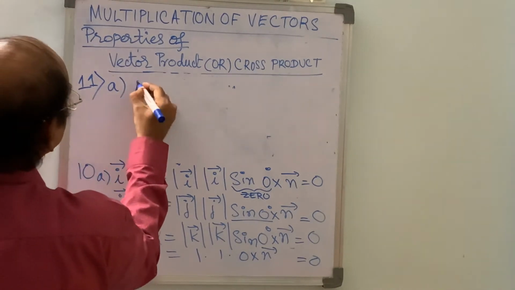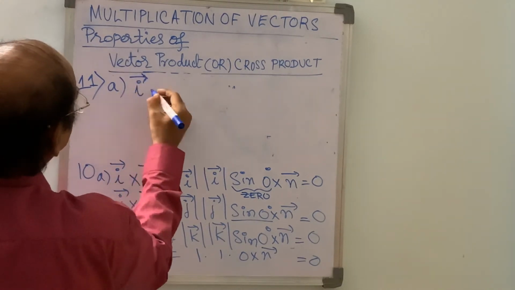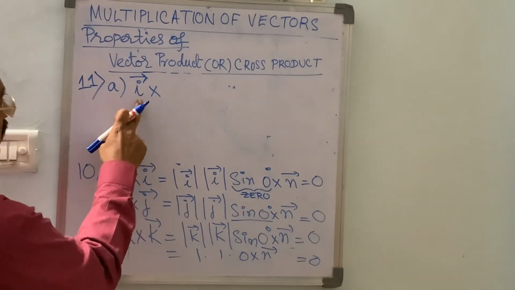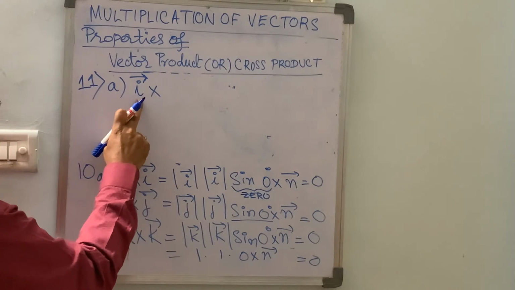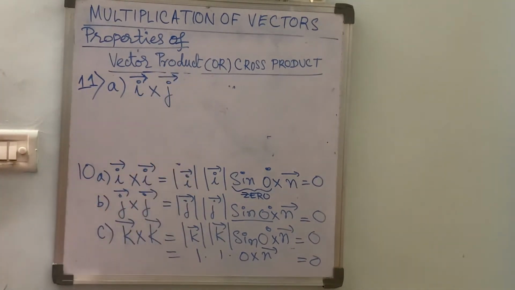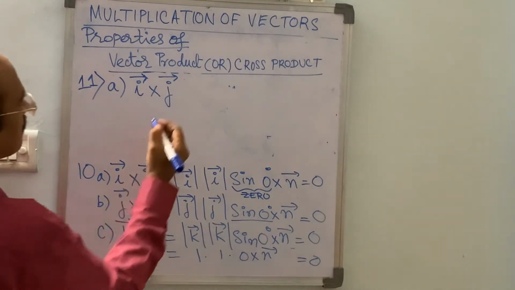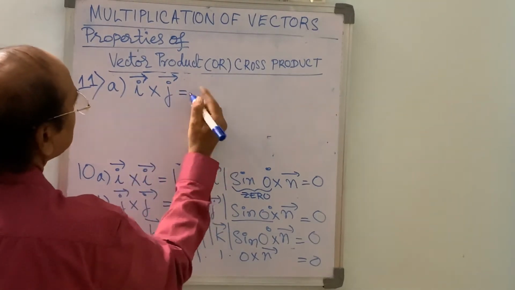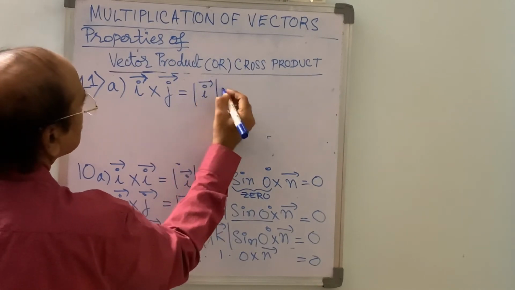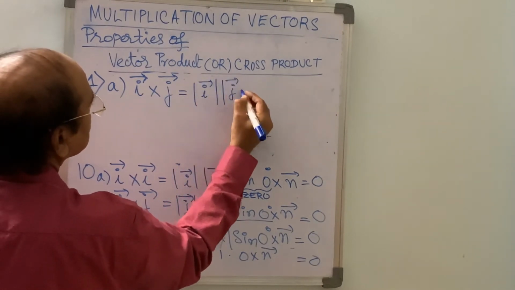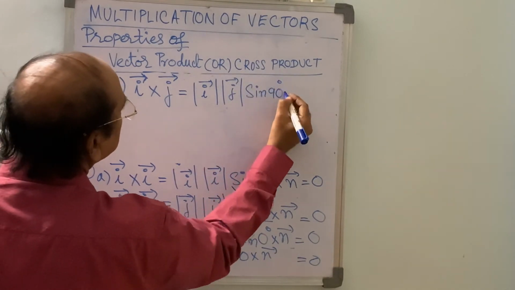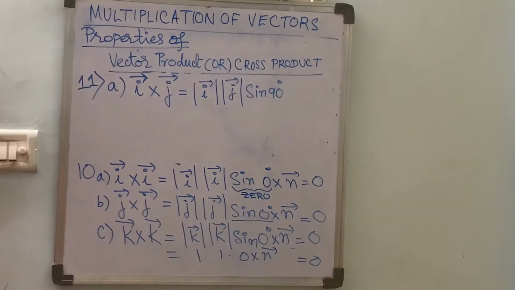I bar cross j bar, the vector product. I bar is the unit vector in the direction of the x axis, j bar is the unit vector in the direction of the y axis. Then we find the value of I bar cross j bar: modulus of I bar into modulus of j bar into sin 90 degrees into the unit vector perpendicular to I bar